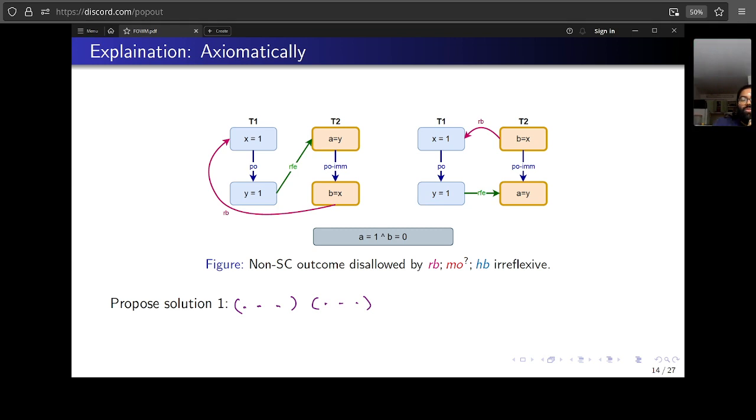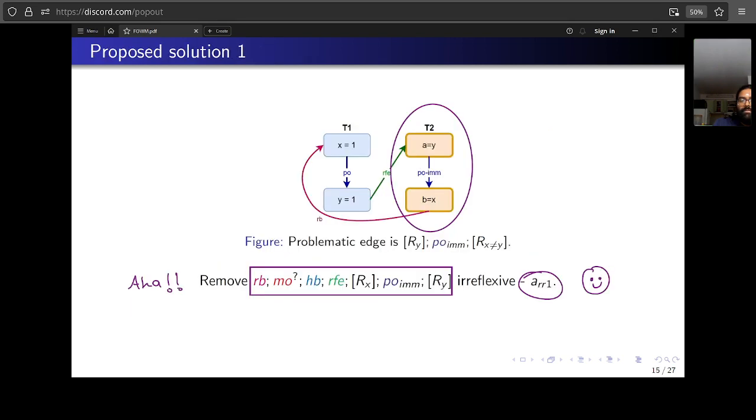So, can we try, let's say, which is median suggestion. So let's just remove that. The question is, does that work? Well, it certainly makes a reordering sound. That's no doubt.